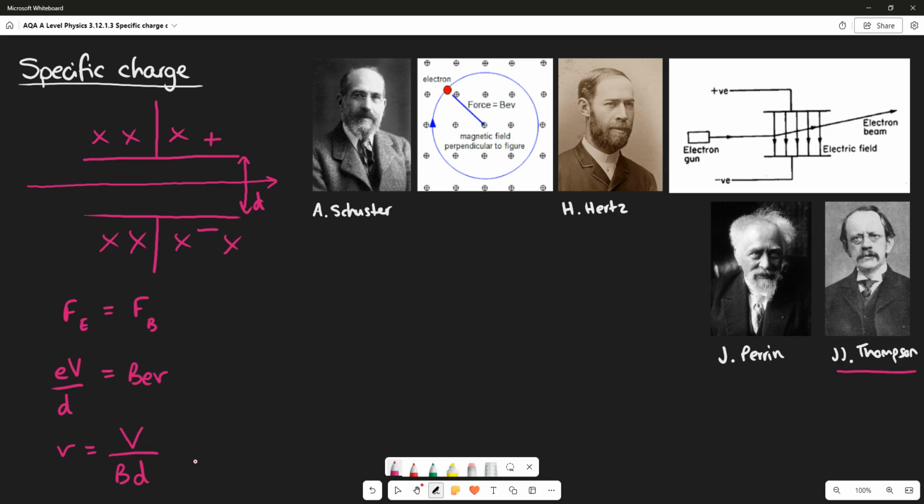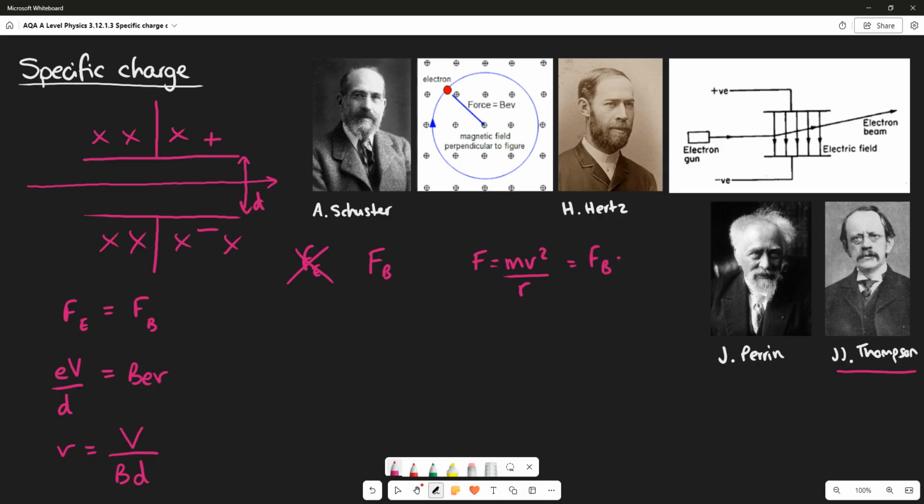He then switched off the electric field. So the force exerted by the electric field was not there anymore. So his experiment now resembled this situation here, where there was just a magnetic force. And that meant that the electron was now moving in a circle, and he could measure the radius. Any object moving in a circle must be moving in a circle because it is subjected to a centripetal force,